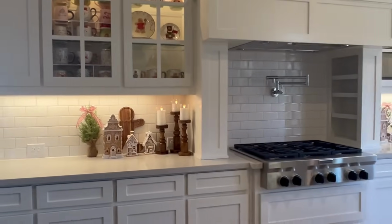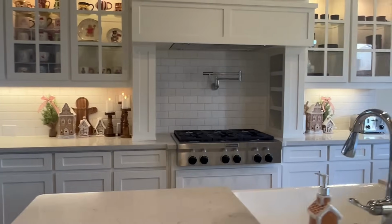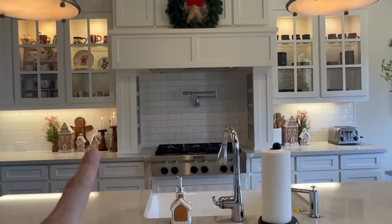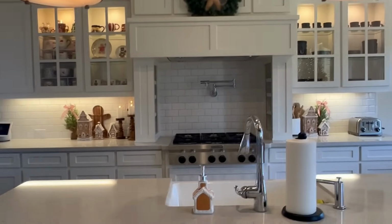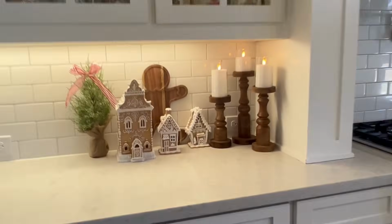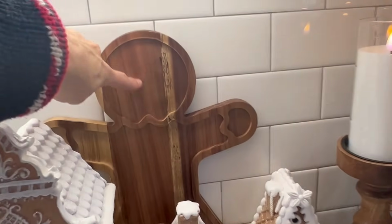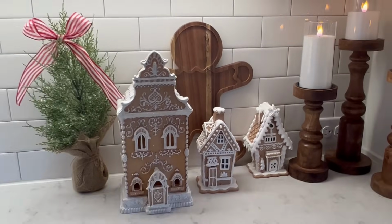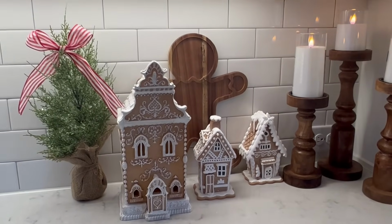And then you can see here from this view, so let me kind of step back. You can see the balance of the houses on either side. And then I also have this cute gingerbread charcuterie board, and I got it from Walmart. It was so cheap, it was like $9.98. And then we've got the little candles going, and then of course,